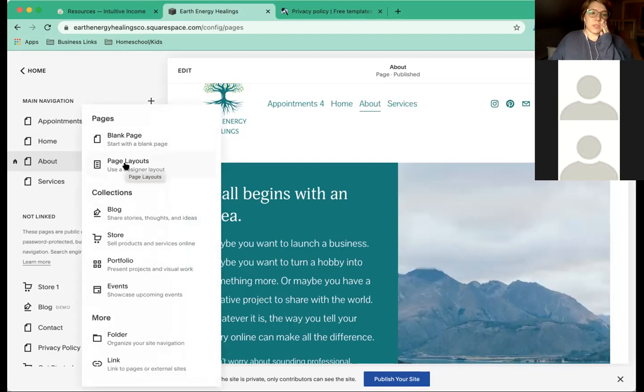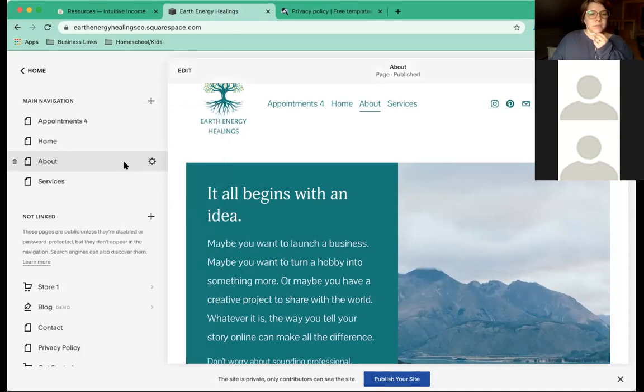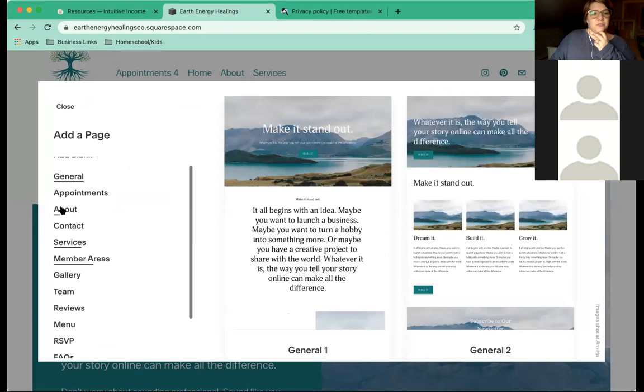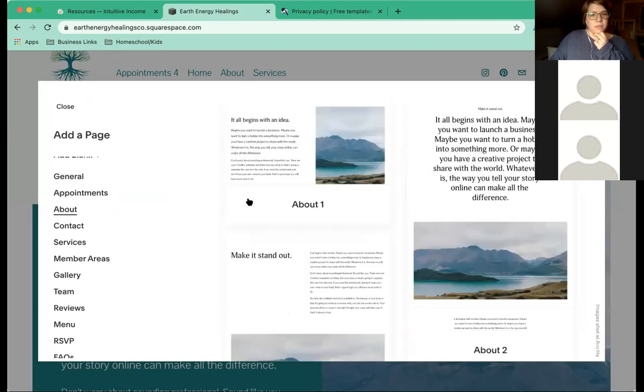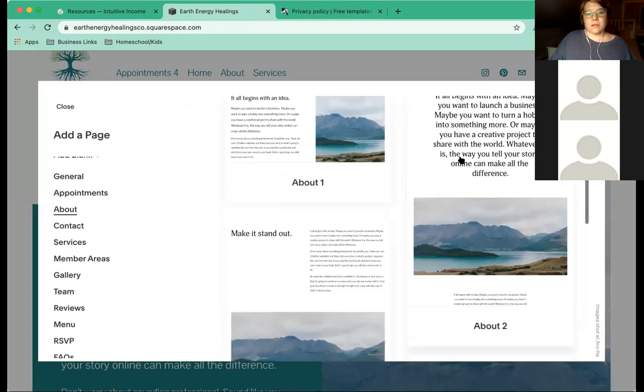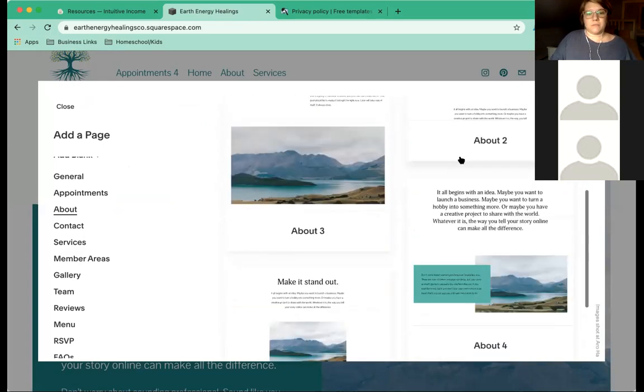I recommend that you choose a layout just because it's easier to get started if you're not building a page from scratch and you already have a layout. So you're going to go in here to page layouts. And then it's going to have a bunch of different options for the type of page that you're on. And because you're creating an about page, go to about. And then I chose this one, this first one here. But you can scroll down and see and choose if you like different